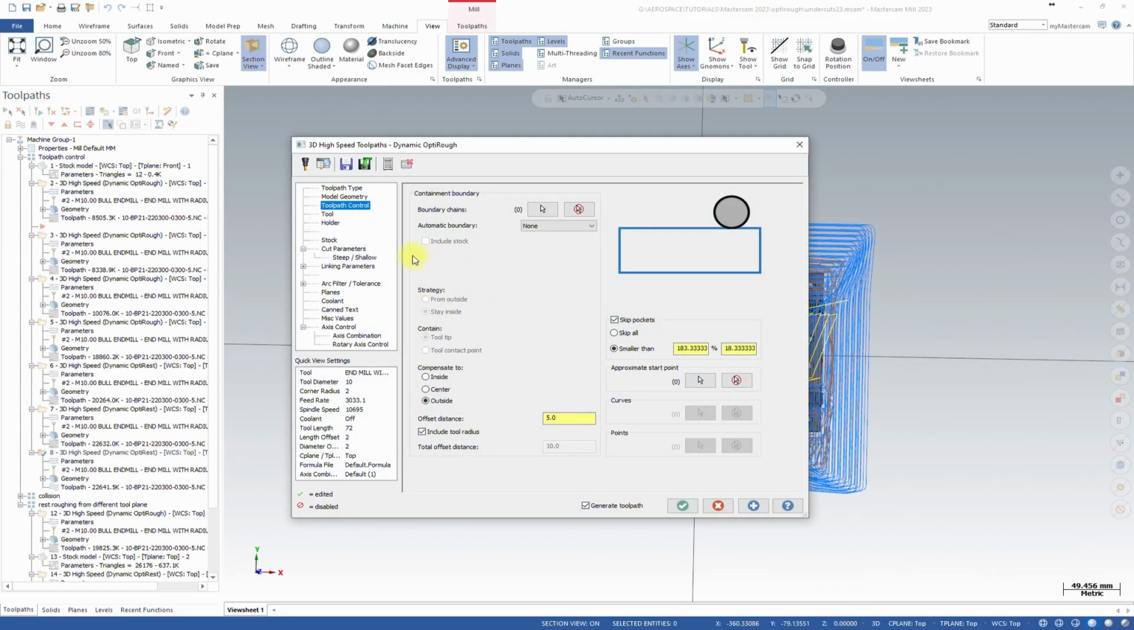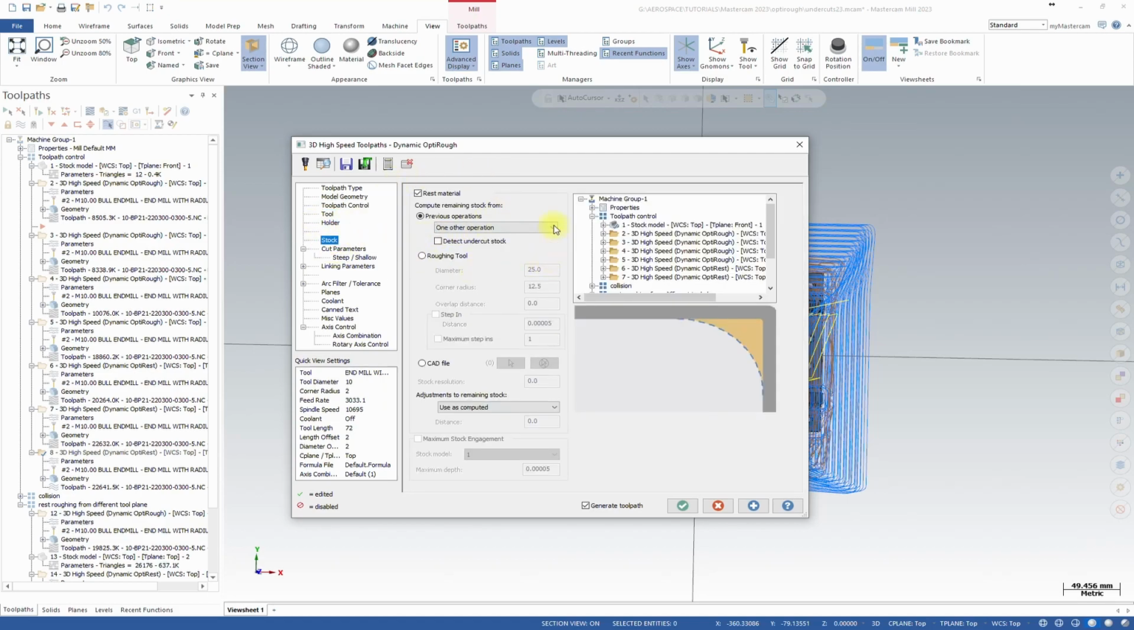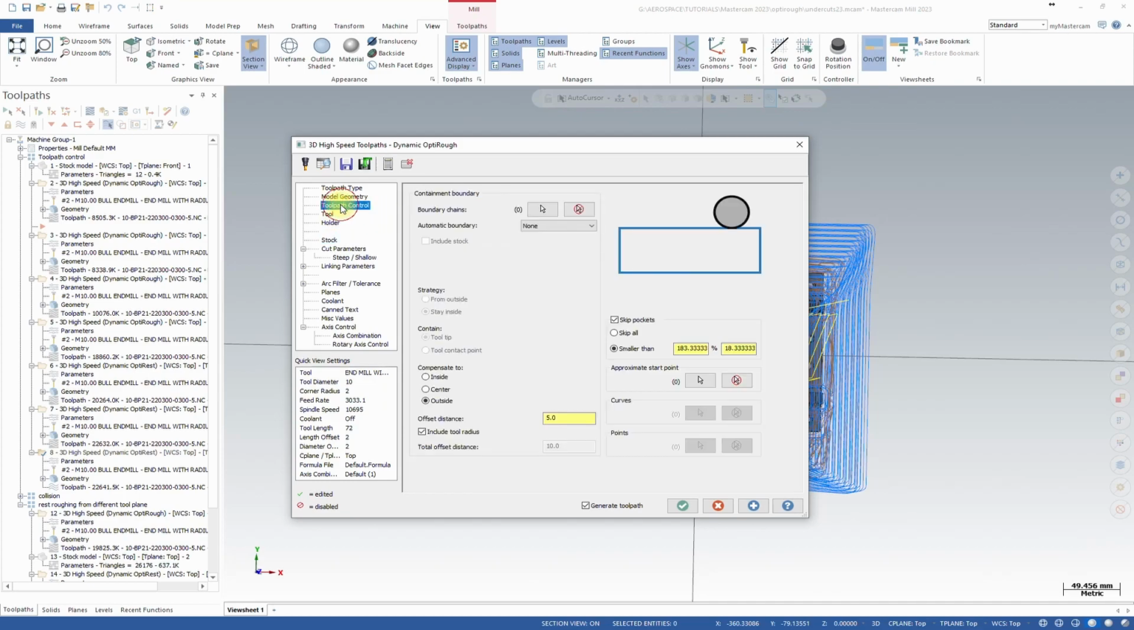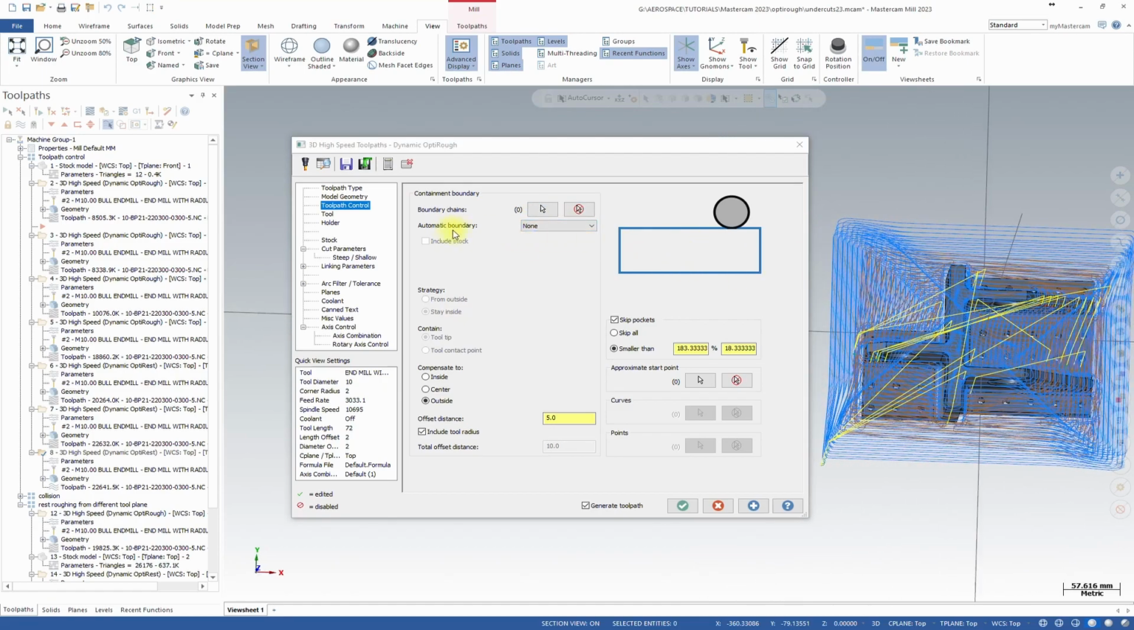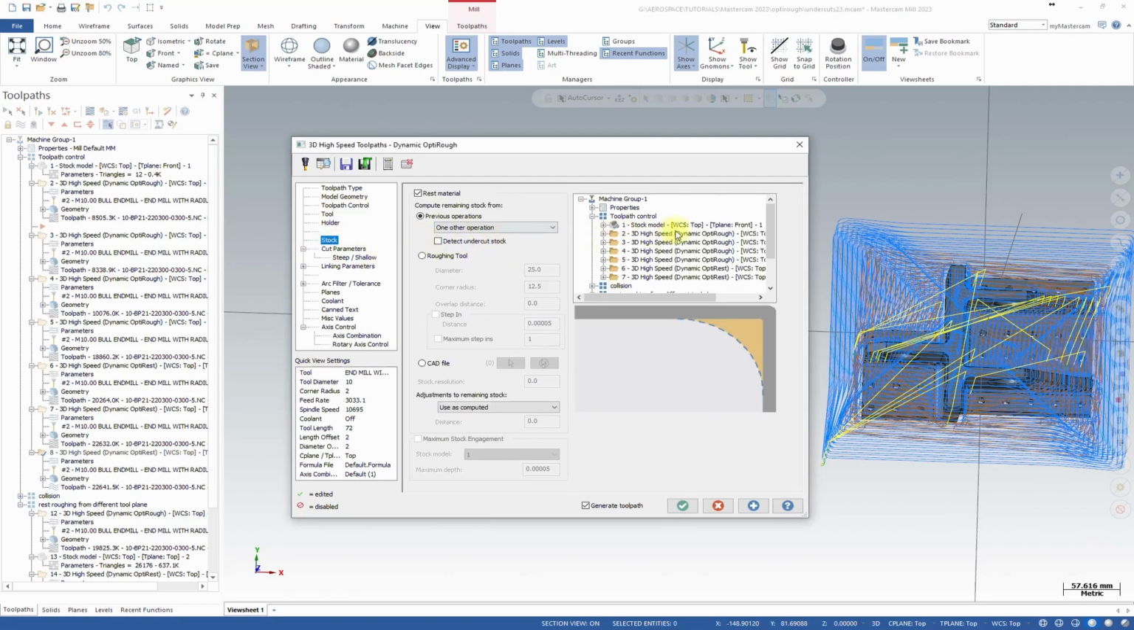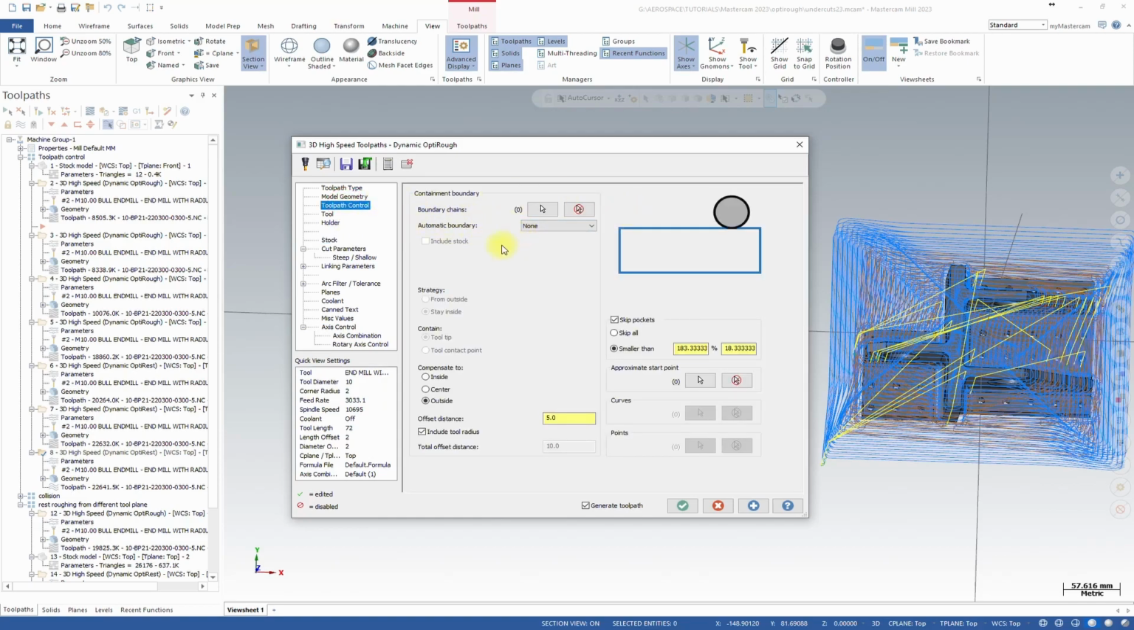So another option is when you have rest material ticked and you select your stock model, and then without selecting any containment boundary, Mastercam will automatically produce the passes to include this stock model. Okay, so if you select that rest material, your stock model, and nothing here, Mastercam automatically will cover also the stock,